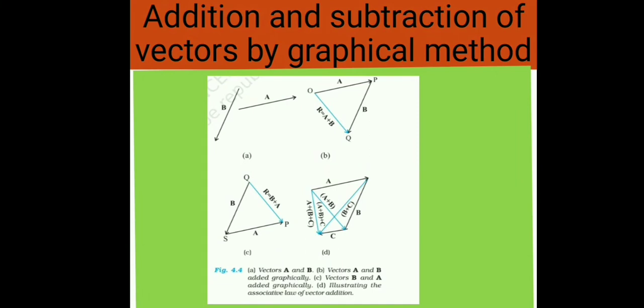Addition and subtraction of vectors by graphical method. The graphical method of vector addition and subtraction we can discuss in such a way that, recall that a vector is a quantity that has a magnitude and direction. For example, displacement, velocity, acceleration and force are all vector quantities. In 1D or straight line motion, the direction of a vector can be given simply by the plus or minus sign. In the given diagram there are two vectors, a vector and b vector.